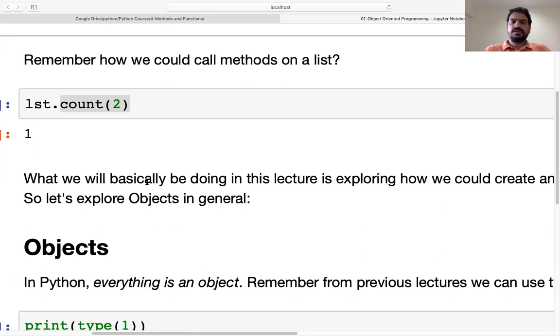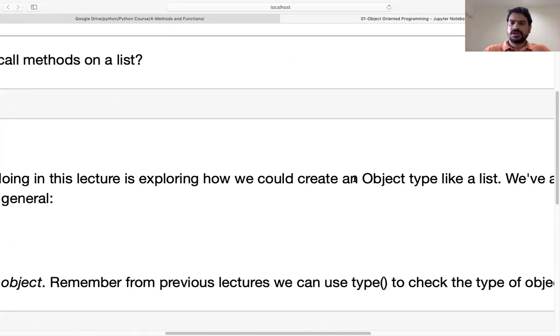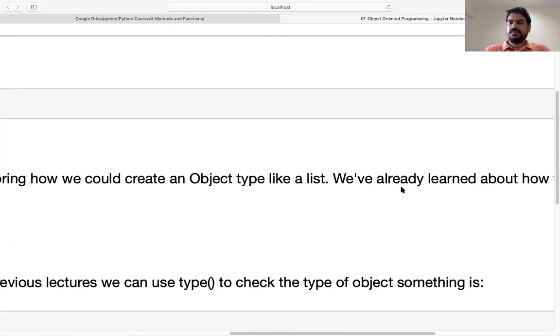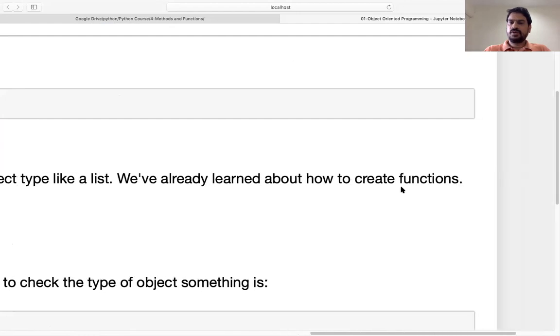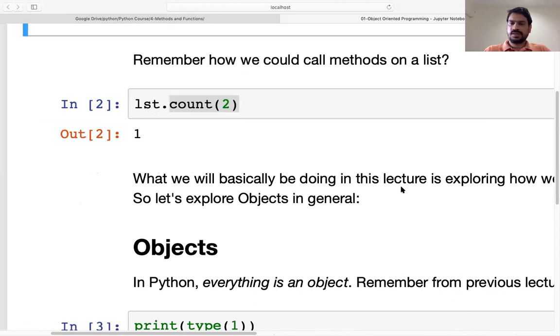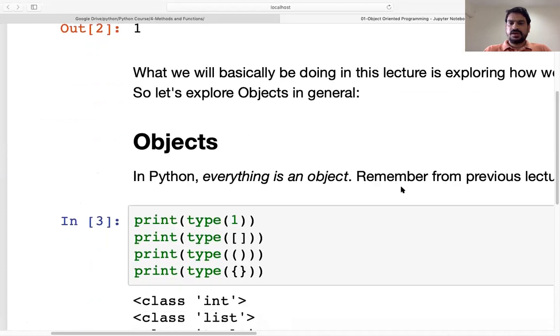So what we will basically be doing in this lecture is exploring how we can create an object type like list, and we have already learned how to create functions, right? So here also we'll do the same thing. We'll try to make the functions related to the object that we create.